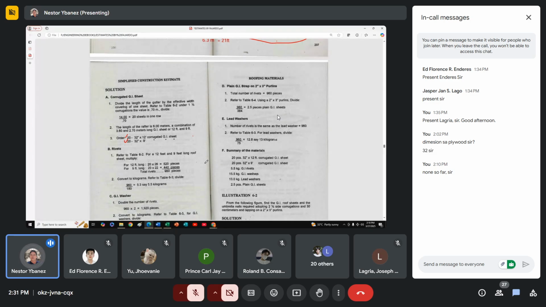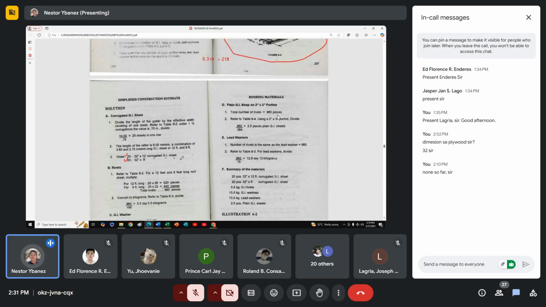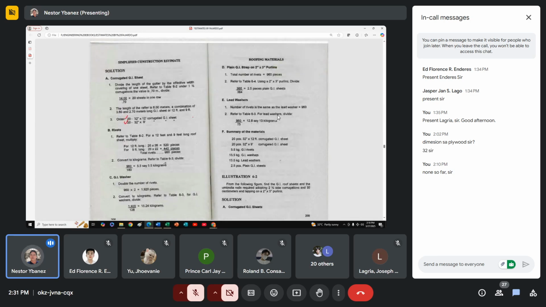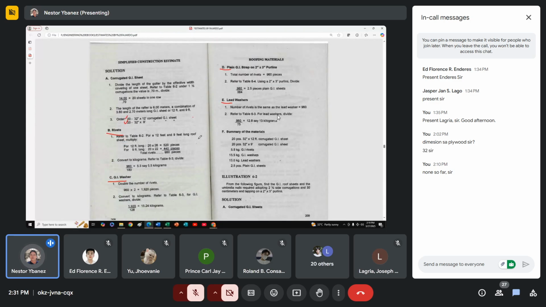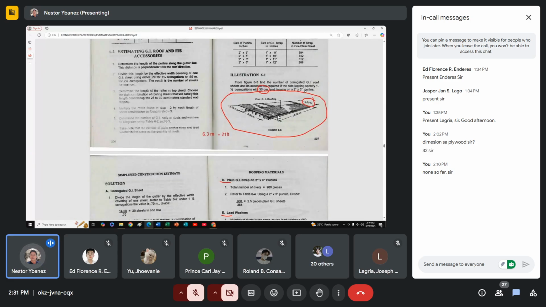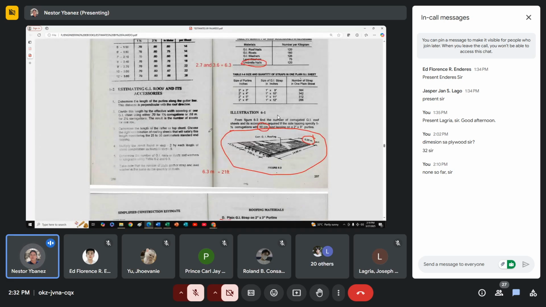Next, the rivets. We will not use rivets, because they are complicated with washers that are not in the problem. The accessories would be rivets, washers, plain GI strap, and lead washers. But if I were the one to give the problem, I will just let you use umbrella nails. So if umbrella nails are used, we compute them.